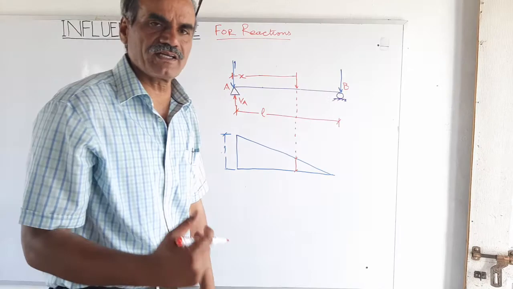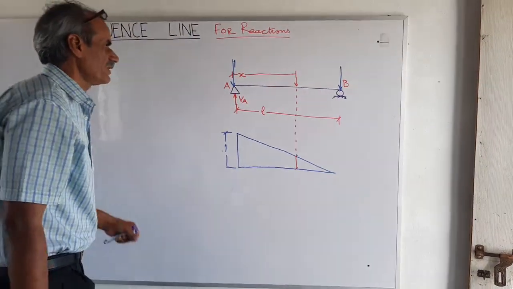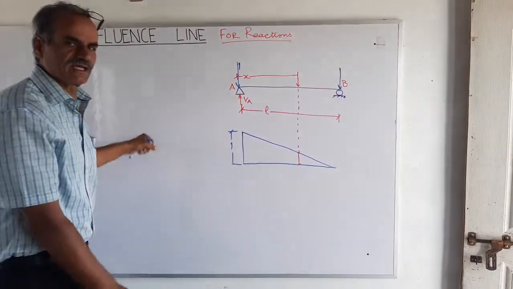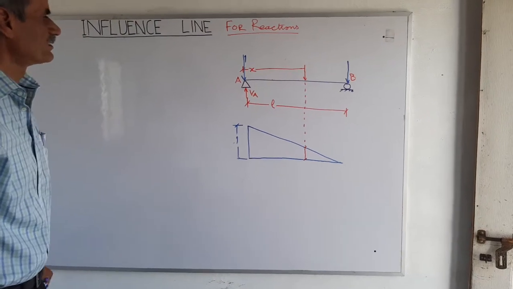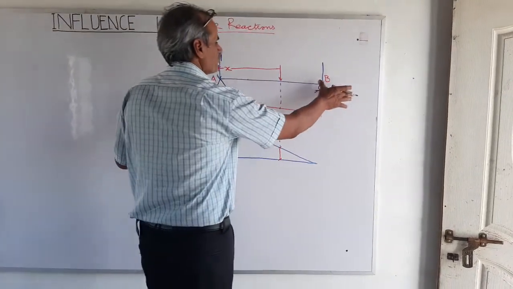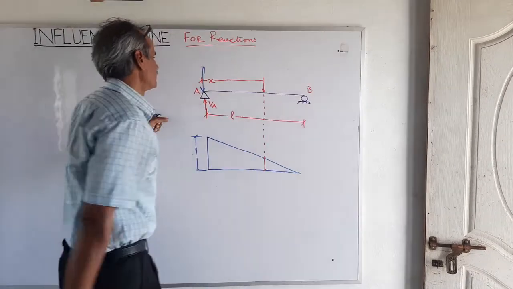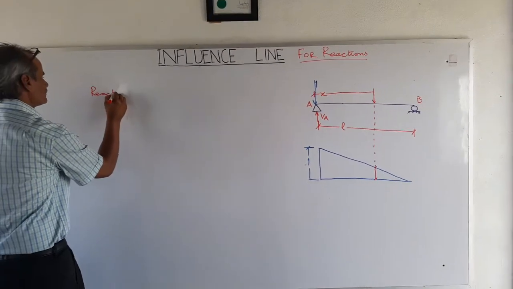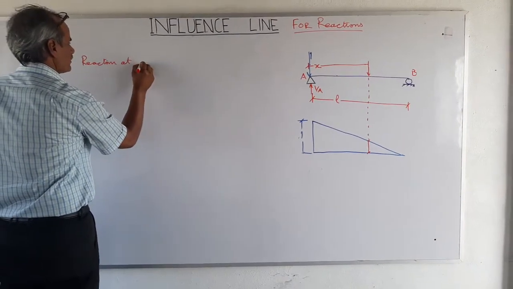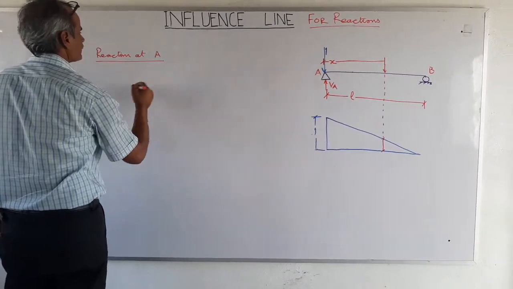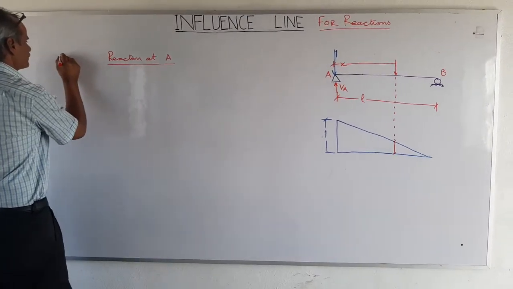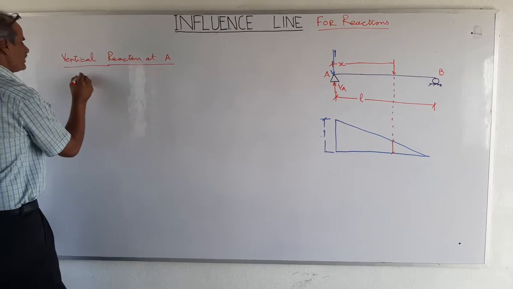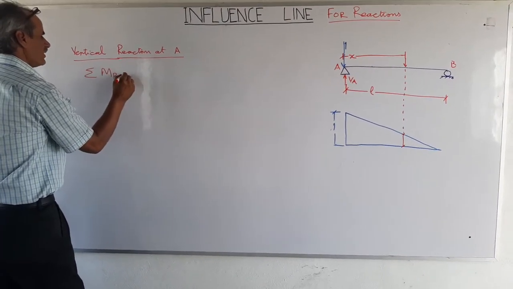Now let's draw a relationship for this one. Say, if we want to find out the expression for vertical reaction at A, then we need to take moment at B. So, to find out the reaction at A, that is vertical reaction, we take sigma MB is equal to 0,